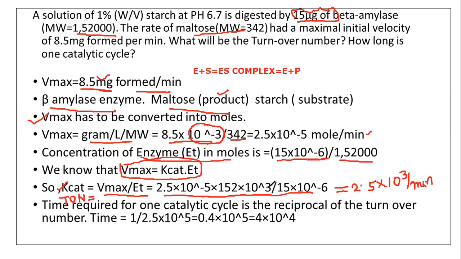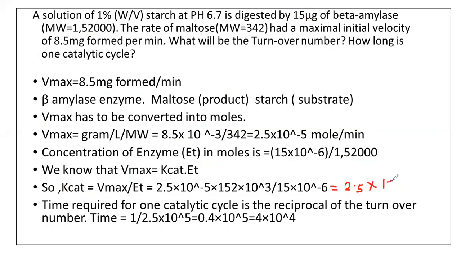So here you have minus 5, 10 to the power minus 5, 2.5 into 152 into 10 to the power plus 9 into 10 to the power minus 5, 10 to the power minus 5 by 15. So it will come almost